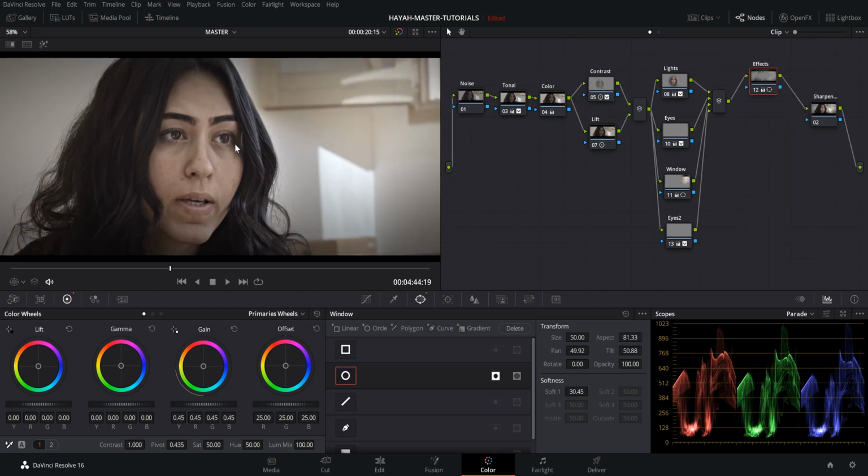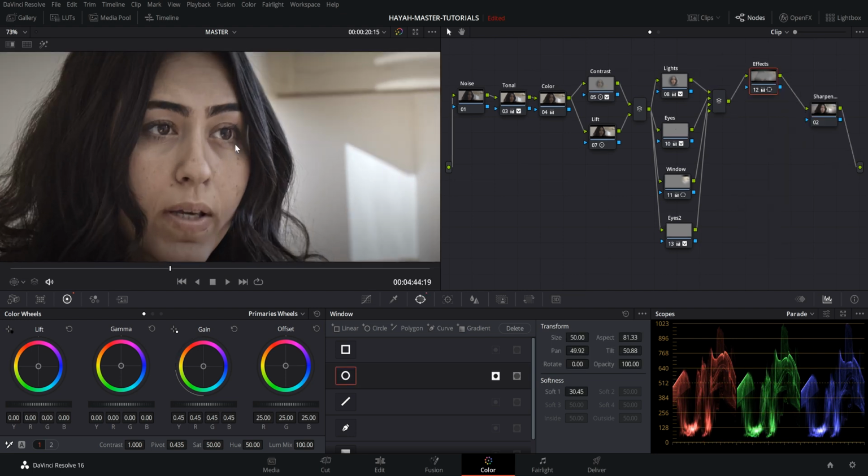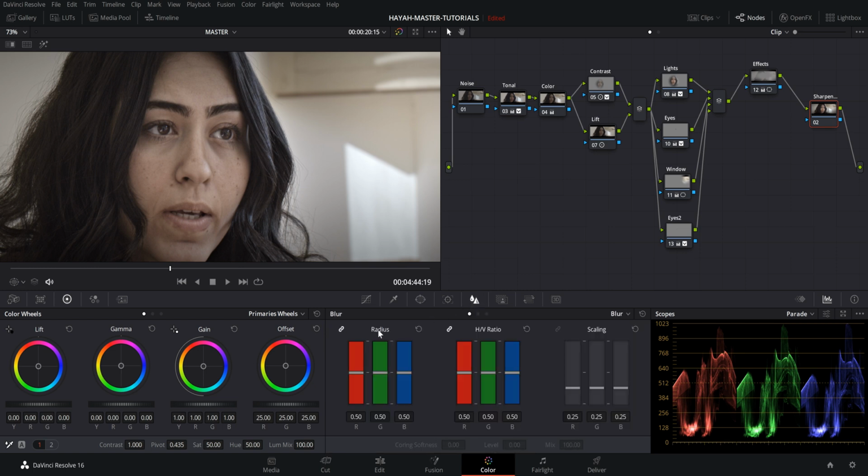Excellent. Now, what if I want to sharpen this? In this case, I probably would want to keep this pretty soft because it's the face of the actress. But if we wanted to sharpen it a bit or a lot, a very easy way to sharpen is to go to this area right here. That is the blur area, and there is this blur radius. If you take it up, you're going to blur. But if you take it down, you're going to sharpen